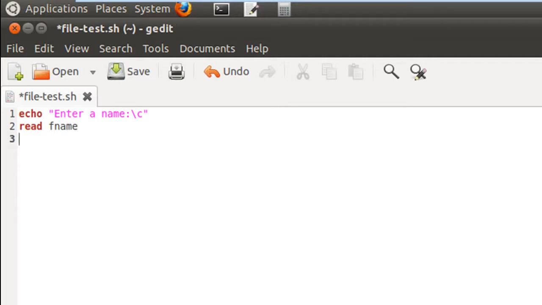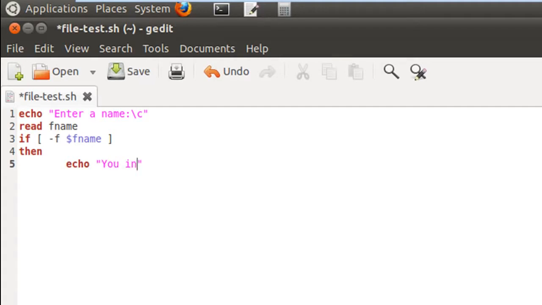Okay. On the next line, I'm going to use my square brackets again, and I'm going to check whether the name that has been input is the name of a file. And the way I do that is by using the option -f. So if I put in -f space $fname, which is the name that has been just provided to me by my user, then the shell would check whether a file exists of this name or not. And if it does, then it would display a message, because I'm gonna put this thing in an if block, right? So on the next line would come the keyword then, and I would display a message like